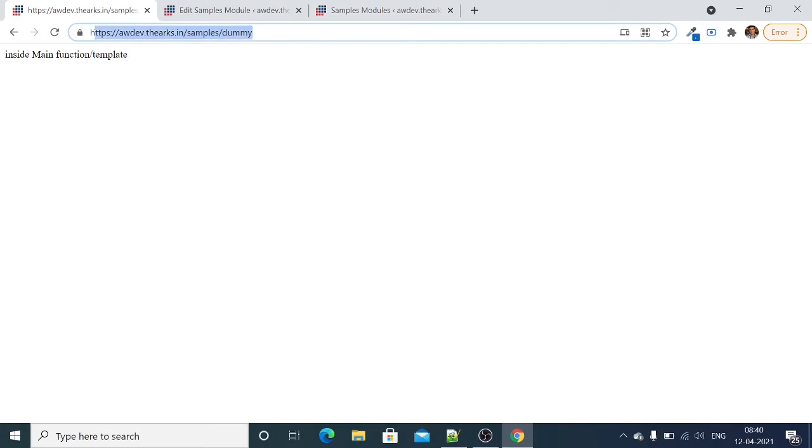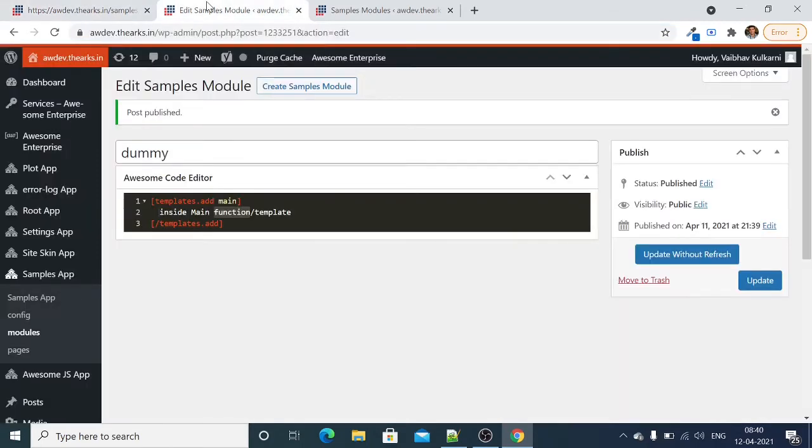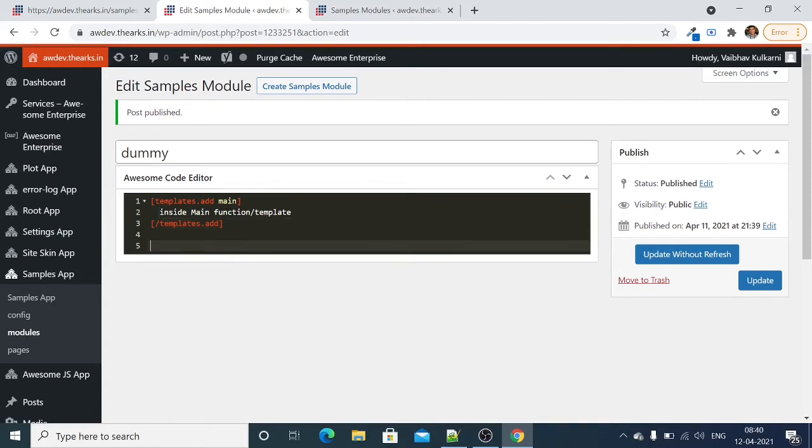So this is what we are requesting and this is what we get in response. So main is the first function that is executed, or this is the entry point.